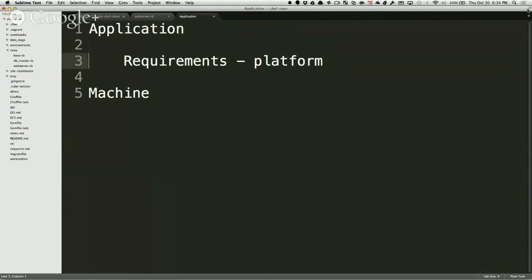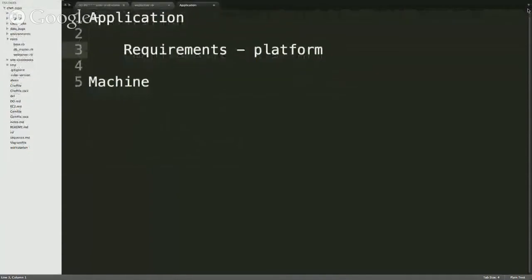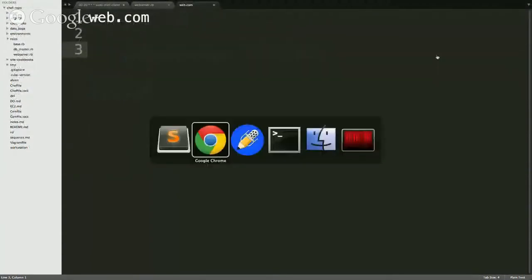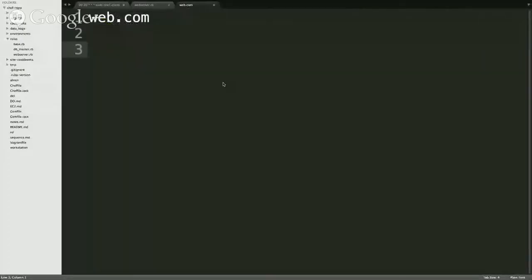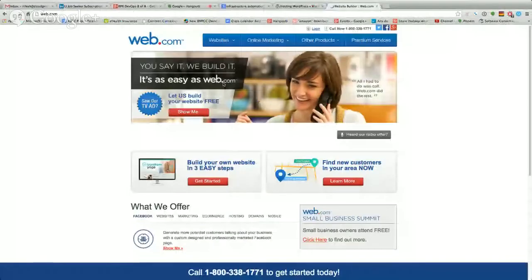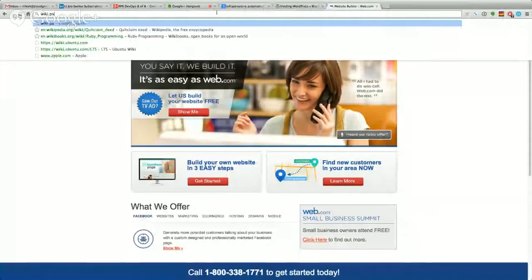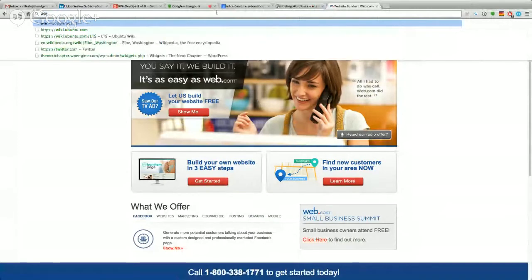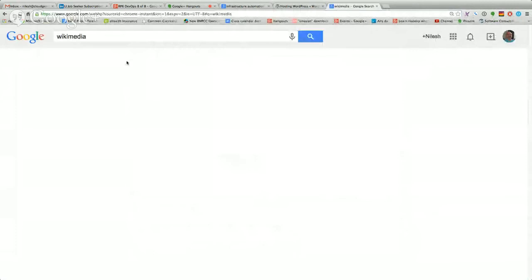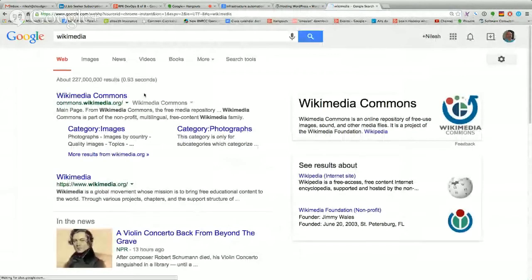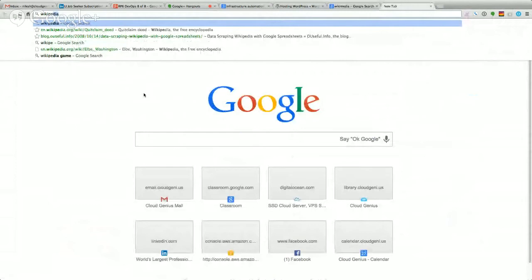Is it to run some applications like you did? Web.com. Is that what you said? If you go to web.com, it's actually a hosting company that will give you the platform itself. Wiki page, like anything has a wiki page. You mean Wikimedia? You know, like Wikipedia. You heard of Wikipedia, did you? You know this thing, right?